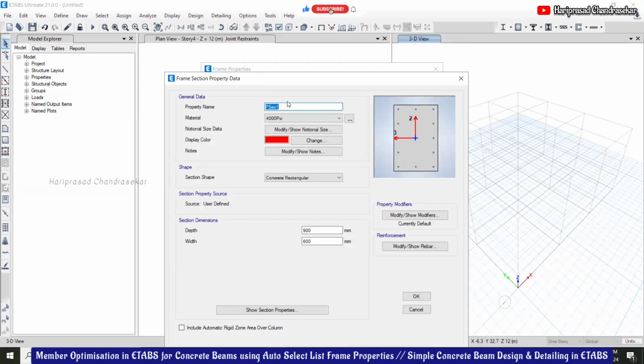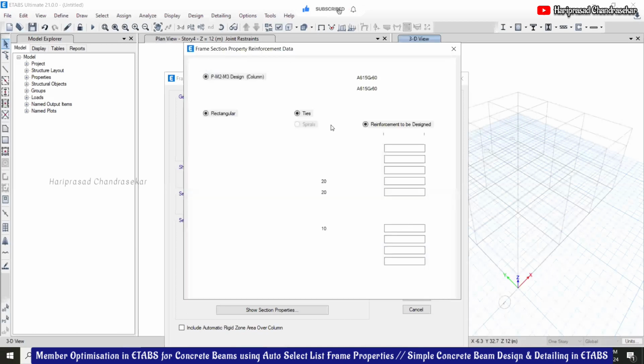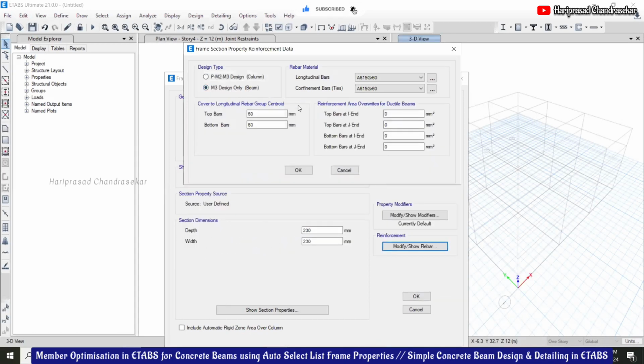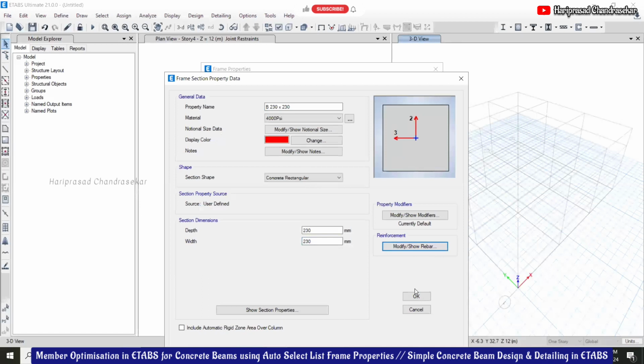Like this one, a beam of 230 cross 230. Then modify, show rebar. This is not okay, and always use 25 cover for beam, and you can click OK, and then OK.